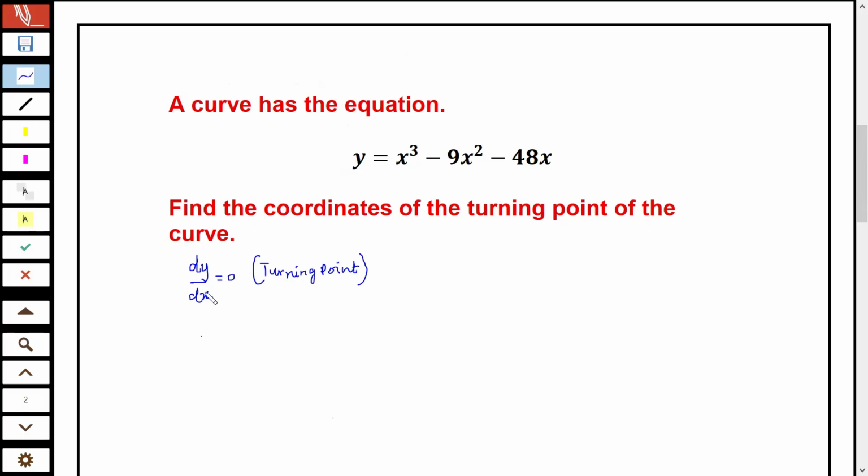So dy/dx equal to 0 is the turning point of the curve. So it means we have to differentiate y with respect to x, given the equation y equals x to the power of 3 minus 9x squared minus 48x. Now, we can differentiate by using the general rule for differentiating power functions. So dy/dx